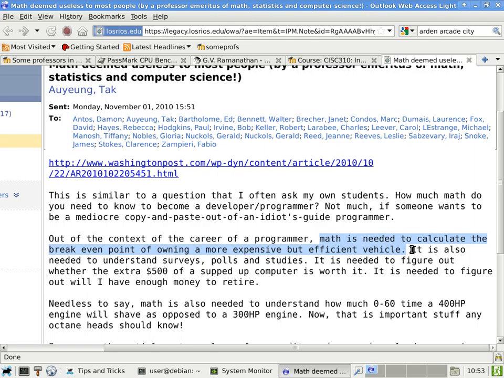Now, once you know all the important factors, you have to set up an equation. On one side, you say, okay, let's say n is the number of years. This is the amount of money that I need in n years of owning this car. And then on the other side of the equation is also using n as number of years, but it will be the amount of money you need for the other car. Now, when these two amounts equal, that n is the break-even point. Okay, so there are kind of many factors to consider, and you have to set up the